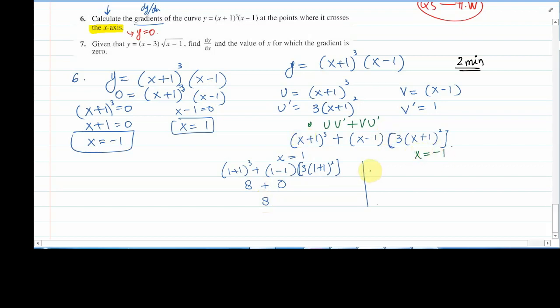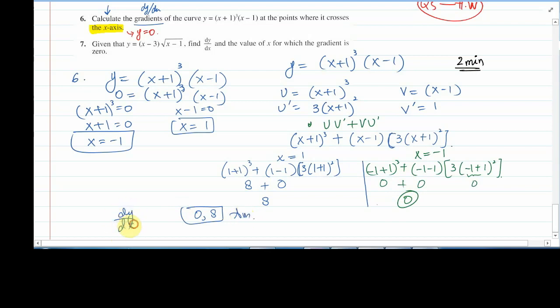1, now it will be minus 1 plus 1 whole cube plus minus 1, 3 minus 1 plus 1 whole square. Alright, so minus 1 plus 1 is basically 0, minus 1 plus 1 is 0, so the answer is 0. So the final answers for dy by dx are 0 and 8. These are the final values of dy by dx at x equals minus 1 and at x equals